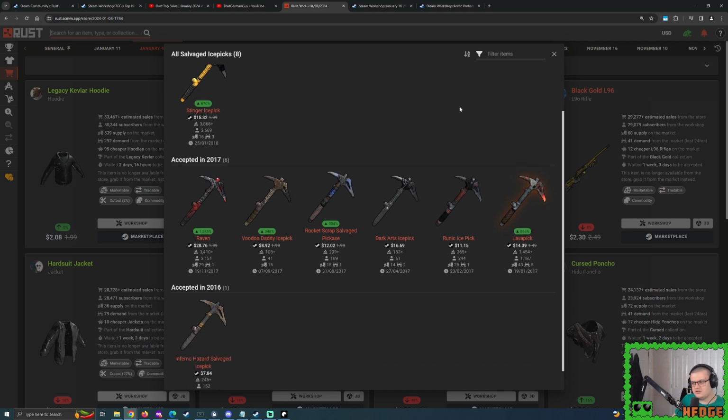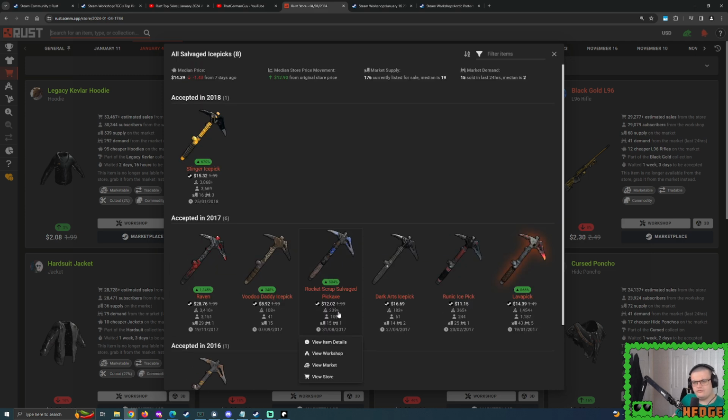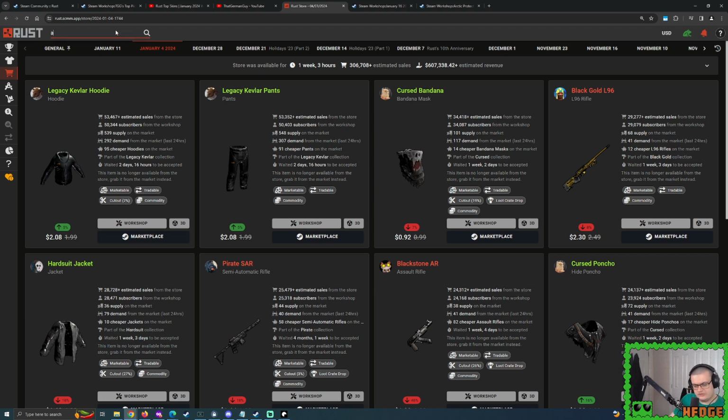Why did Facepunch suddenly say, nah, no more, we don't need any more? I don't know. But I'll be honest with you, I'm pretty sure people wouldn't mind it, because they're getting very expensive now, aren't they? How often are you using an Icepick? Well, regardless, it's also part of the Arctic Protection Collection, so this is only called